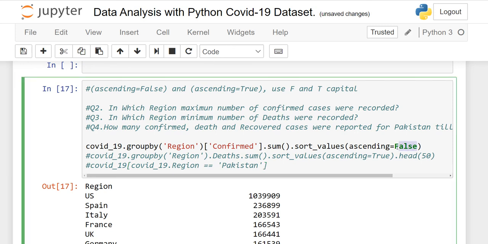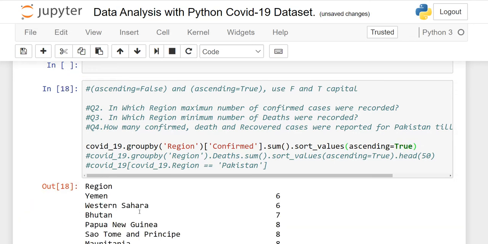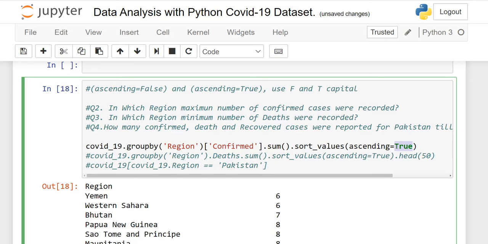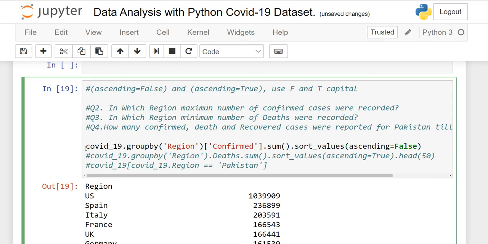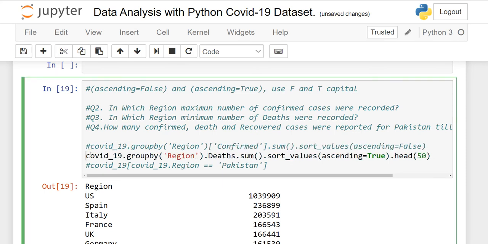If I do ascending is equal to true, I will show you, then it will start from Yemen 6, right? It will go in ascending order. I am again going to make it false, right? So false is highest to lowest. The second question is clear. Now I am going to comment this one, and I am going to open our third requirement, in which region the minimum number of deaths. Okay, for question number 2, confirmed cases,